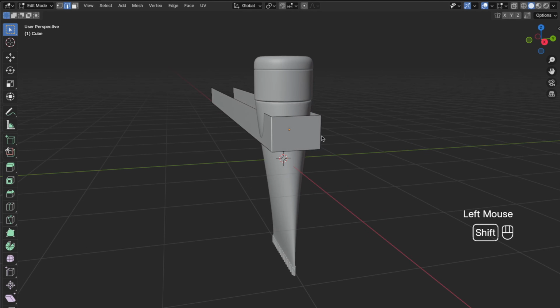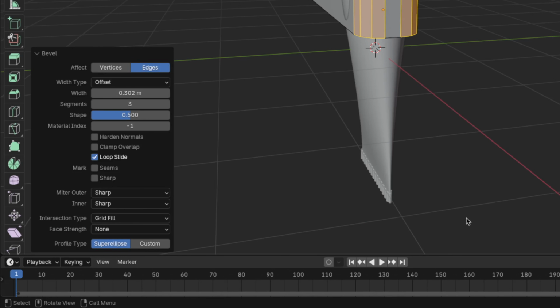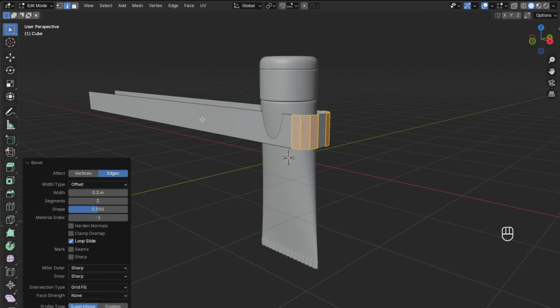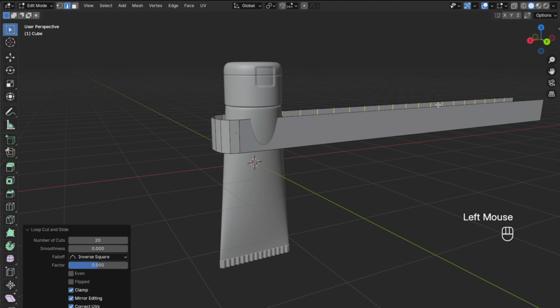Now select these 2 edges, and then press Ctrl plus B to make a bevel, and don't worry, I will show you the bevel settings later on. So here in the bevel settings, change the width type to 0.3, and then leave the segments on 3. Then press Command plus R plus 20 to add some edge loops, and then do the same thing on